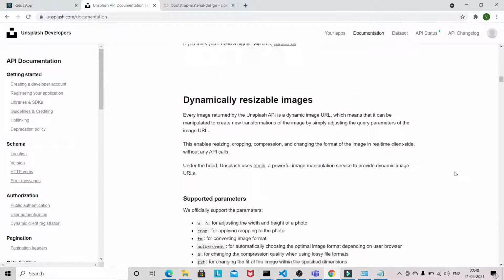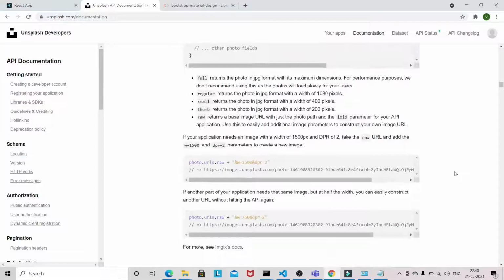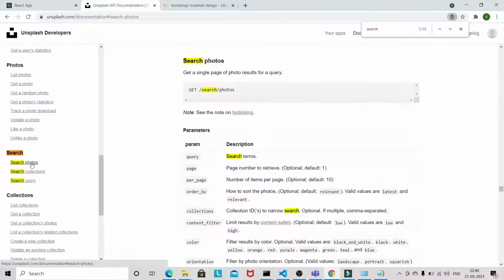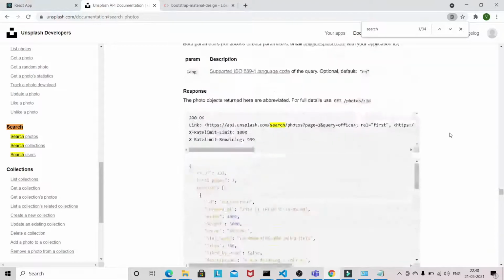There is one more API we have to use, that is search photo. This API we have to use.